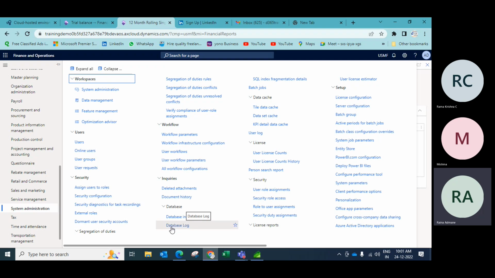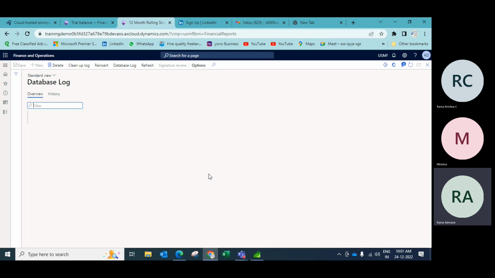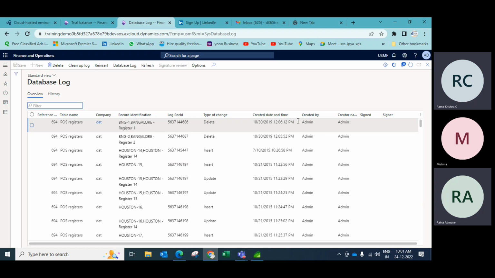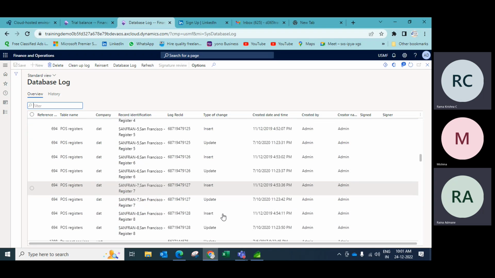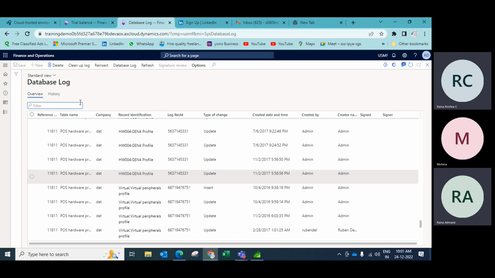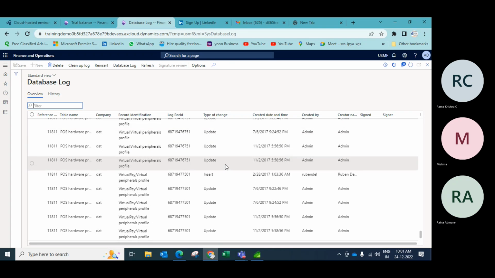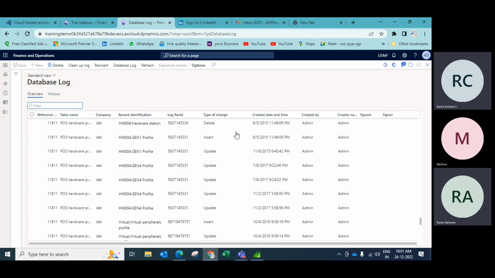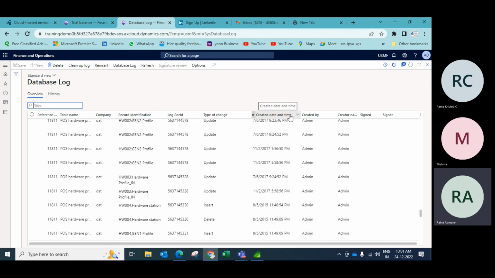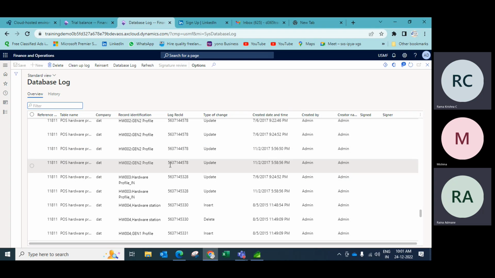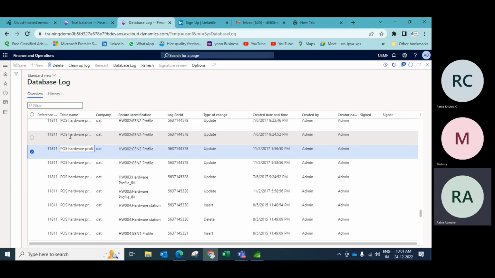If you click on the database log, this log will tell you everything: who has done what, delete, insert, update. See here. So if you have enabled this database log, you will get all these details. But this data is huge. You can just filter this data by quarter, whatever date you want, and then you can tell, for example, this purchase hardware, this activity